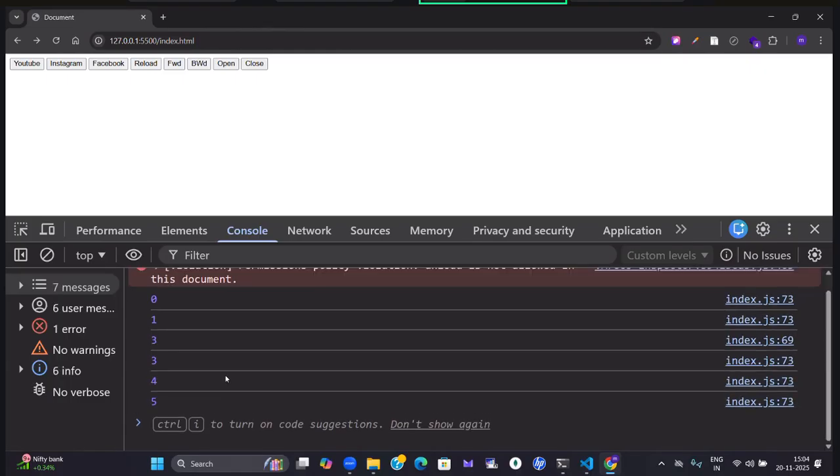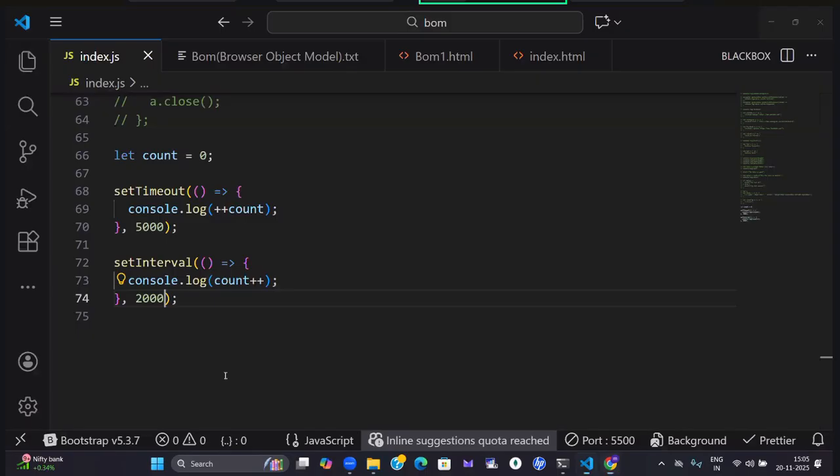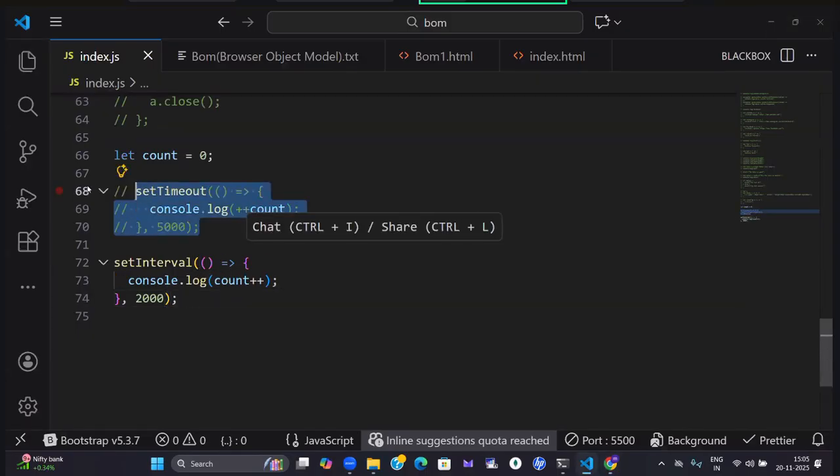Why is it getting 3? Because set timeout mode also worked at that time. After 3 seconds, after 5 seconds, we included a set timeout, right? Both will work. Due to that reason, you are getting 3 two times. Is it clear? Now, if you want to see it properly, I will comment this